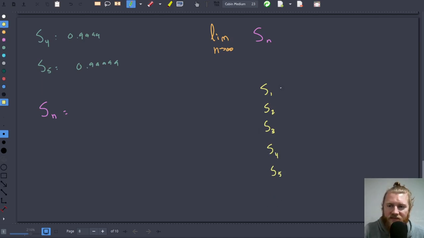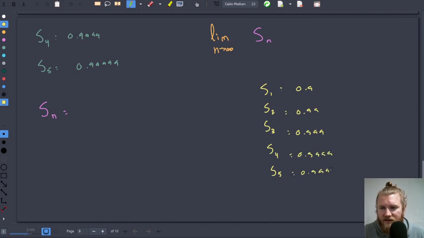So then we'll get S sub n. This was 0.9. This was 0.99. This is 3 nines, 4 nines, 5 nines. Ooh, that's getting hard to write. What we might notice is that that's really 1 minus 0.1. And this is 1 minus 0.01. And this is 1 minus 0.001. And this is 1 minus 0.0001. Did I get that right? Yeah. And then this is 1 minus